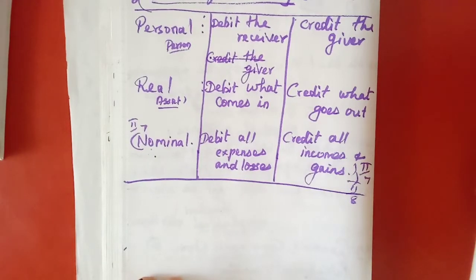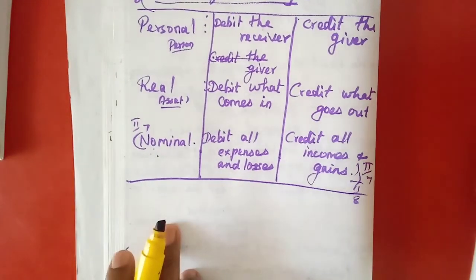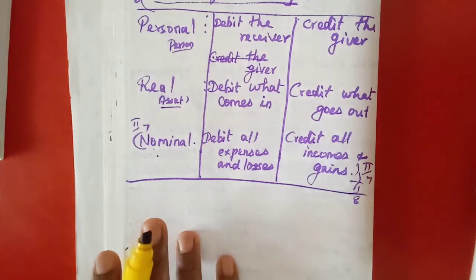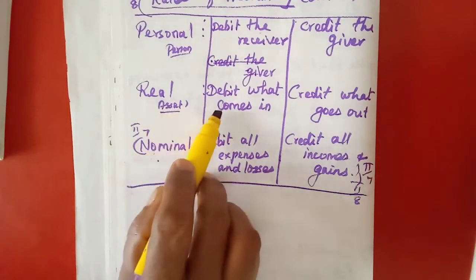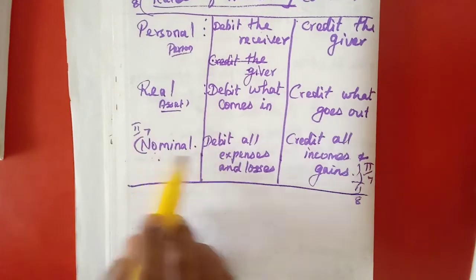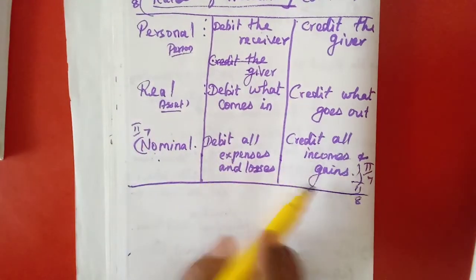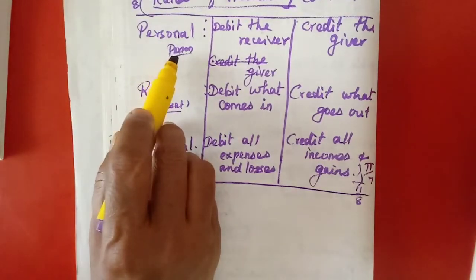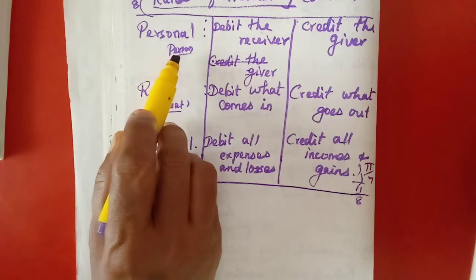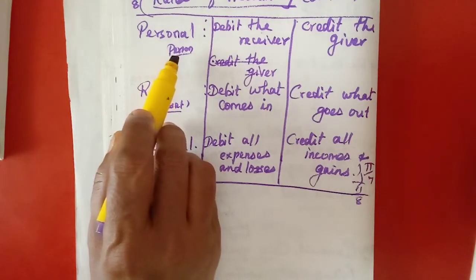Now one illustration is given. We should identify in which account we have to enter. If I say one account, you should say whether it is personal account, real account or nominal account. Any asset, you have to write real account. Expense, loss, income, gain, you have to write nominal account. Persons, what are the persons? Maybe any name of persons or any institution, company's name or firm's name or any bank, all will come